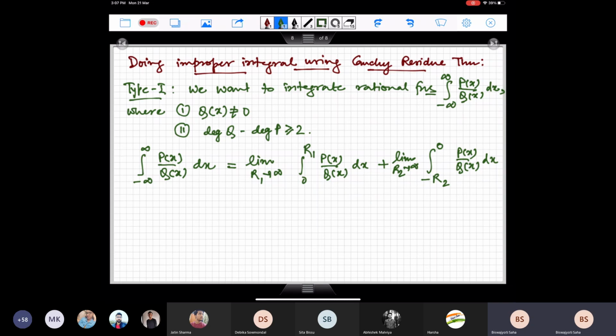Now the point is, here I have degree of q minus degree of p bigger than or equal to 2. So this ensures that both these two limits do exist. Okay. So once both of these exist, of course I can write, in place of r1 and r2, I can just write